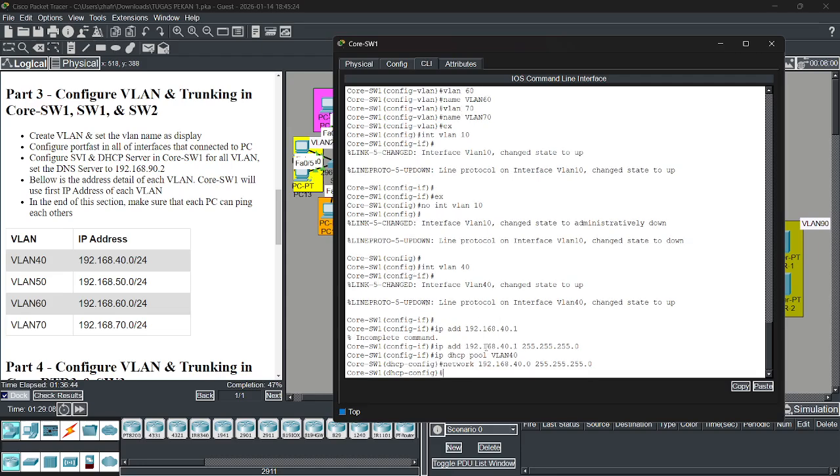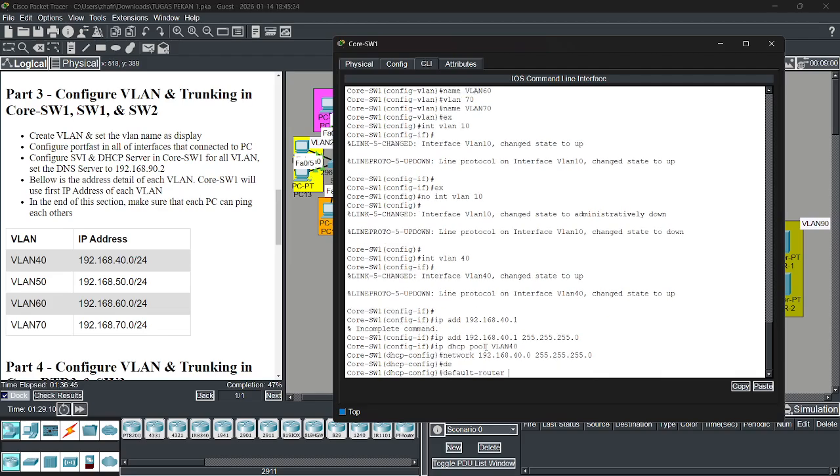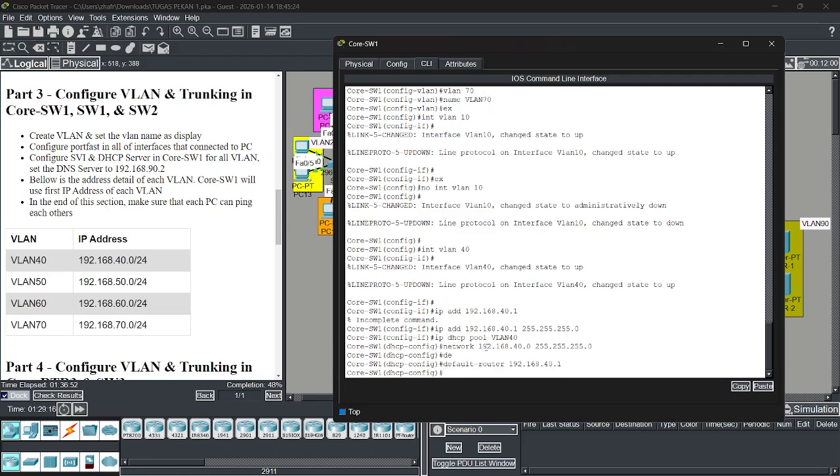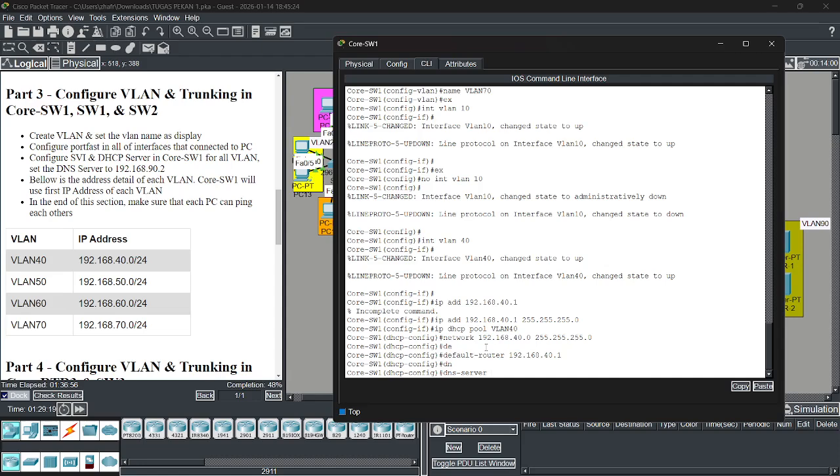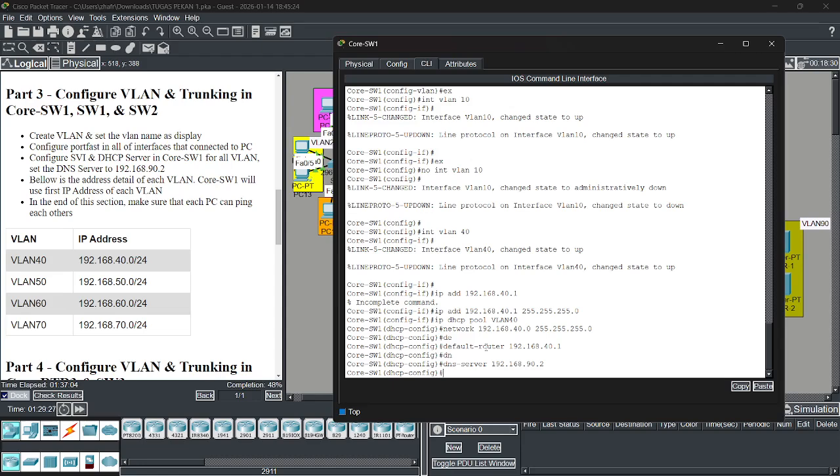After the network is default router. Okay. After that DNS, 90.2.